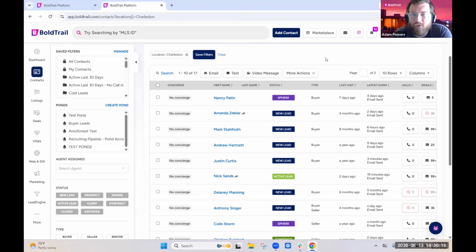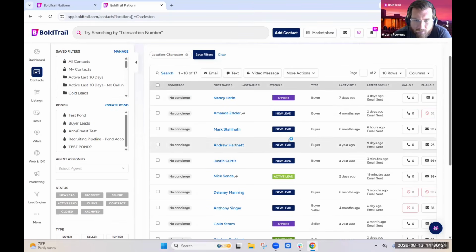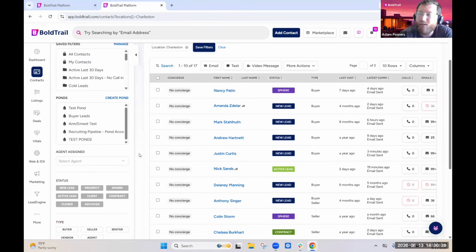Right. And maybe I want to further define this, right? I probably don't want my sphere to be getting this. Maybe I want my new leads, my active leads, just things like that, right? I probably wouldn't want sphere or contract or things like that to receive it, but you get the point, right? Add some filters and then you can start adding these in bulk to certain people that would,